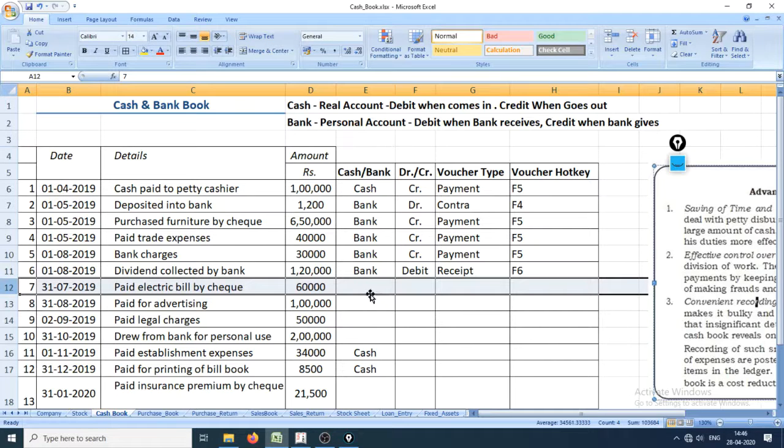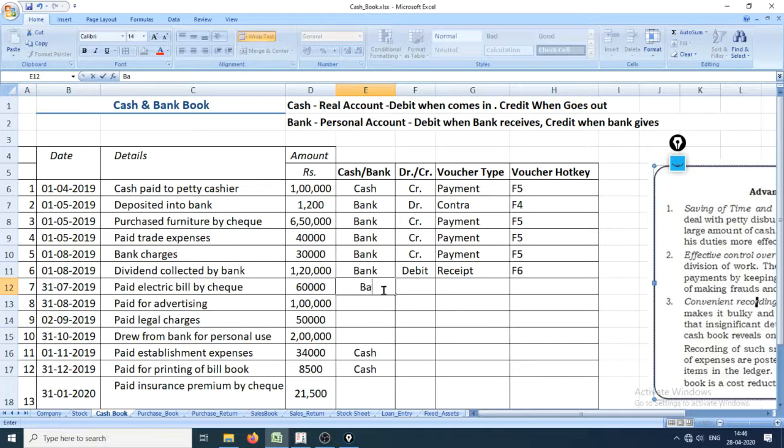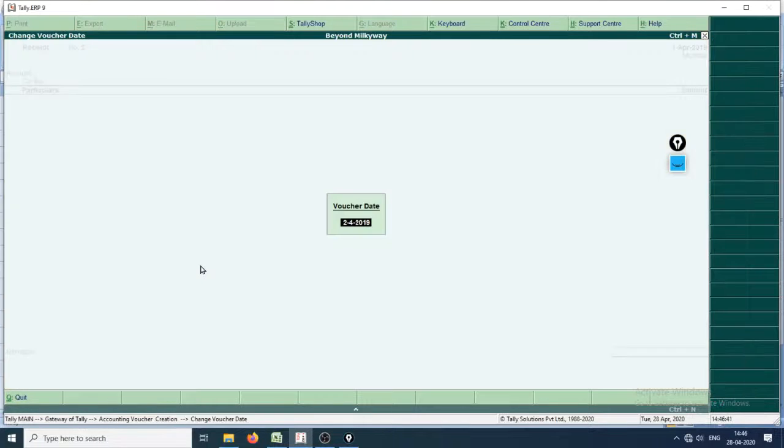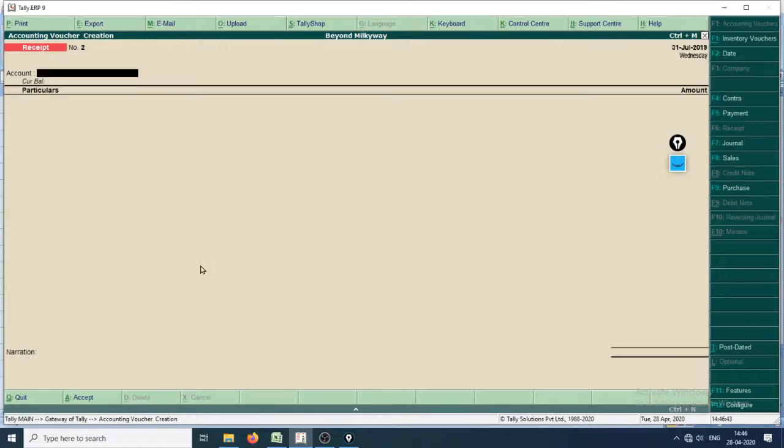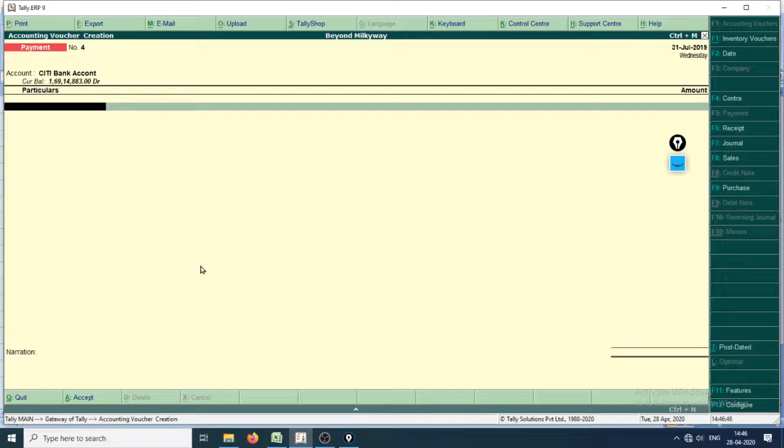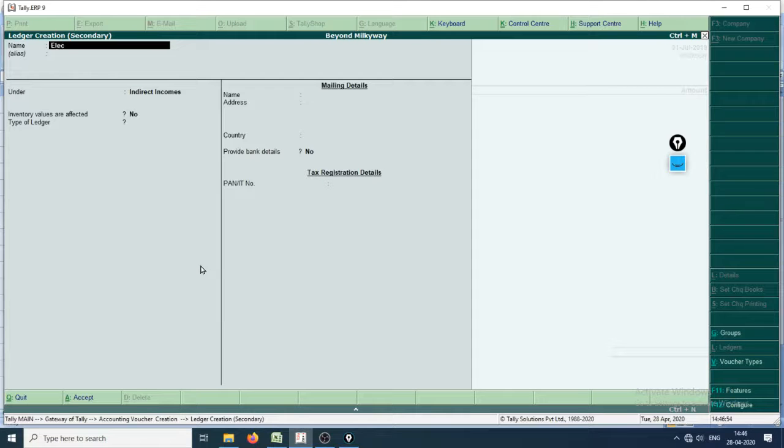Paid electricity bill by check. Bank is affected as bank is a giver, hence credit when bank gives. Credit, enter. This is the payment, hence copy this one right here, and the date is 31st 7/19. Payment for F5 and Citibank account. Which account is used to pay? Alt C, electricity bill,